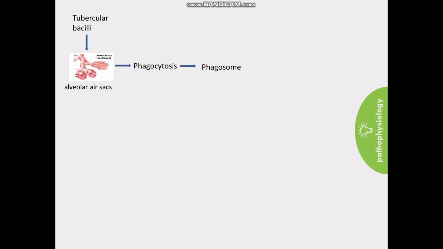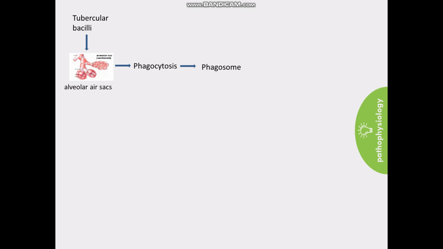But in the case of Mycobacterium tuberculosis, what happens? It has a thick and waxy mycolic acid capsule which protects it from toxic substances, so that the phagolysosome is unable to kill